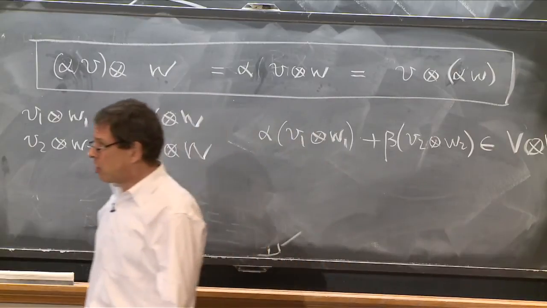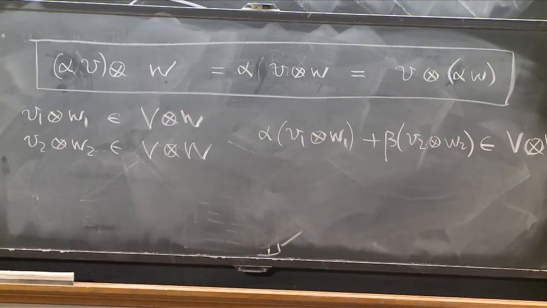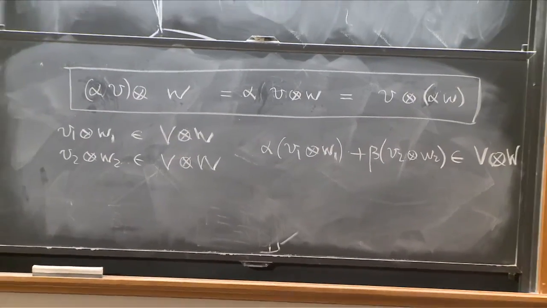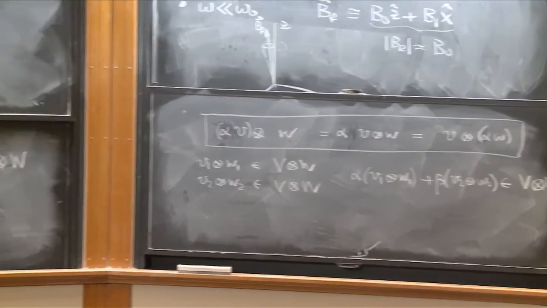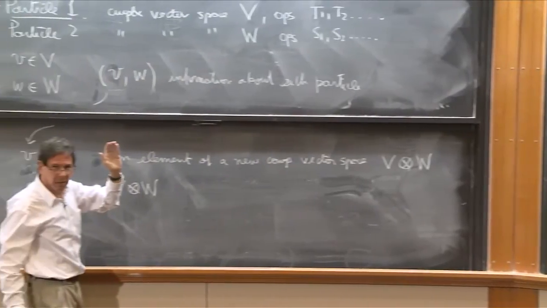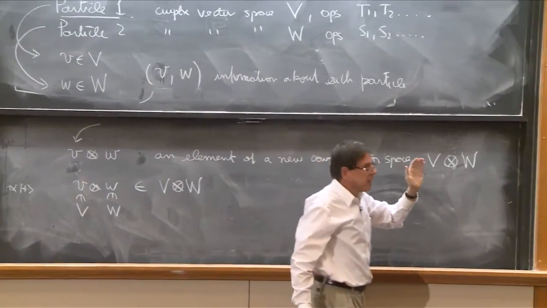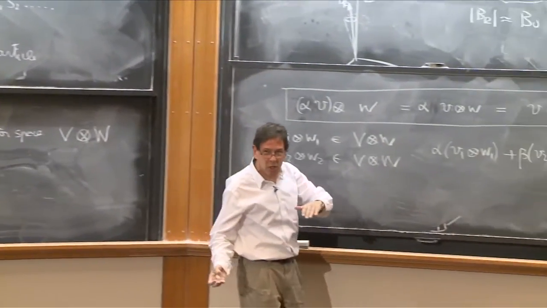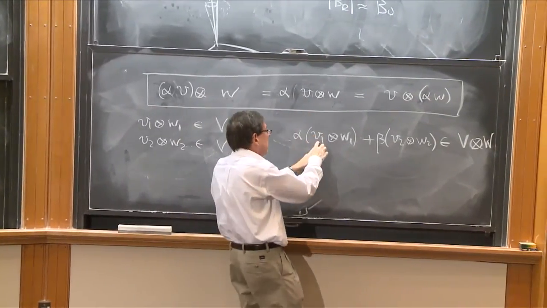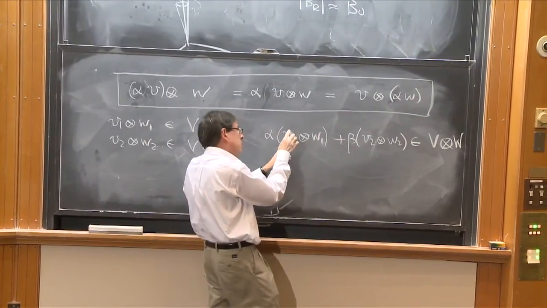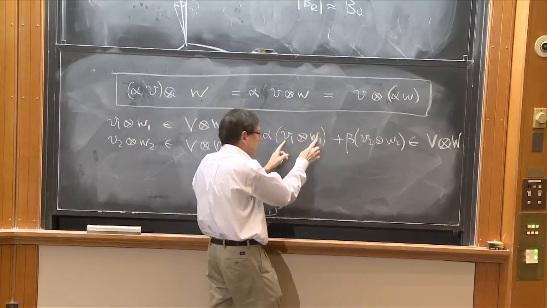And suddenly you see why this was a little too naive. If you tell me this is what particle 1 is doing and this is what particle 2 is doing, end of story, well, quantum mechanics seems to say that there are more interesting possibilities in which the state is a superposition, in which the first particle is doing this, which may be a superposition itself, and this one is doing this,